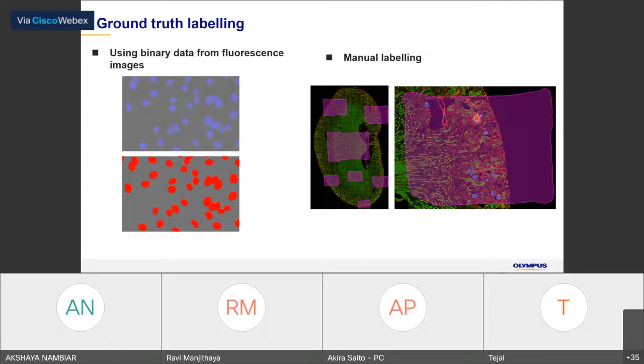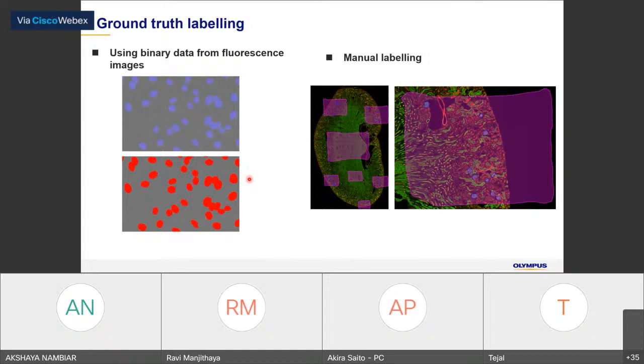And also, for example, if you have a fluorescence image and also a bright field image together for the training image, you can use the fluorescence image to give the ground truth. So these are the ground truths of the nuclei, and then you just apply the inference to the bright field image, and it will give the probability map, even if there is no DAPI staining.